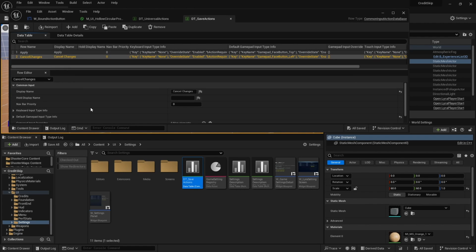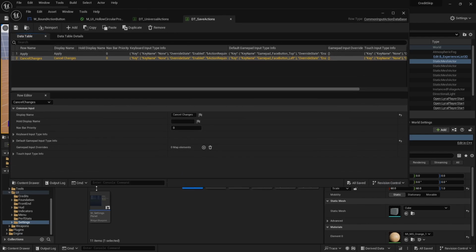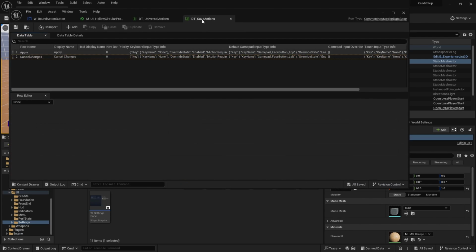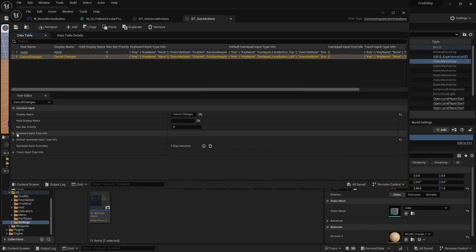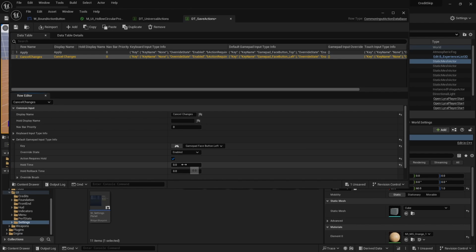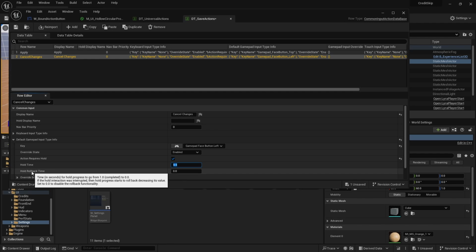What I want to do is just add a hold duration. So in your DT save actions, in the cancel changes, there is an option, action requires hold. So let's turn that on, and for the hold time, half a second should do. And then the hold rollback time is essentially it'll slowly regress if you let go of the button instead of completely restarting.